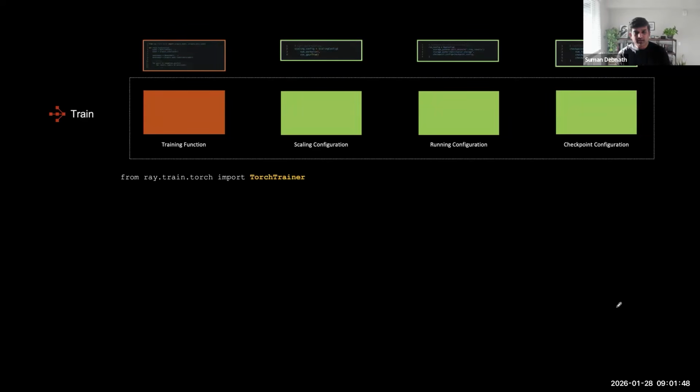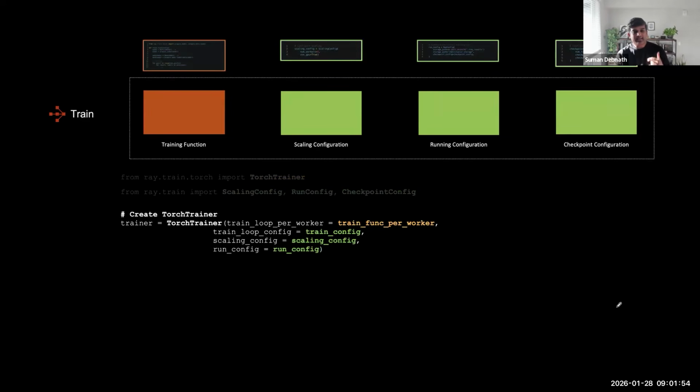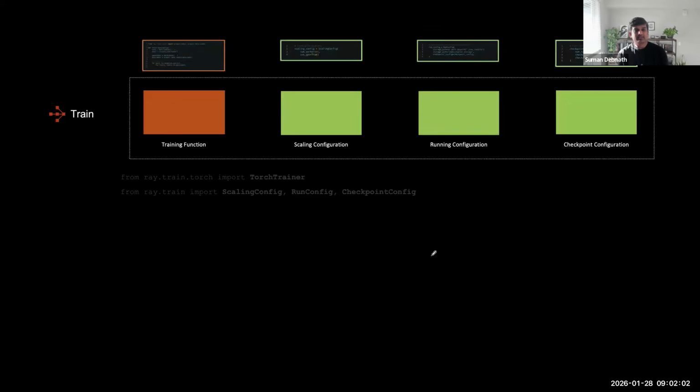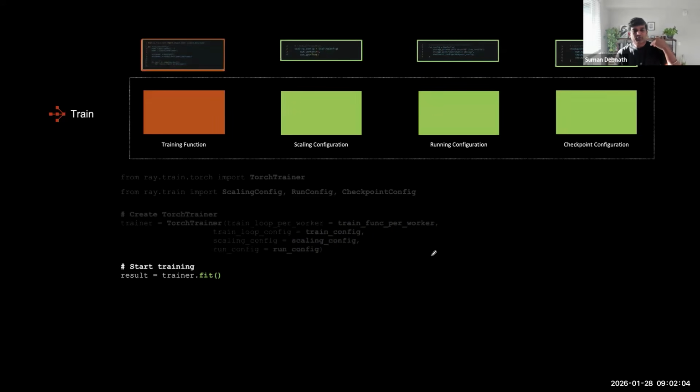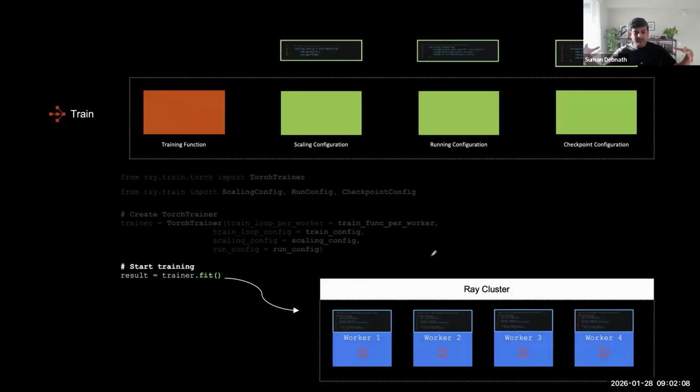And we import Torch Trainer, we import all the configurations. And then the moment we have this Torch Trainer with all this config, what happens under the hood is you run trainer.fit, and your training function gets distributed across multiple workers